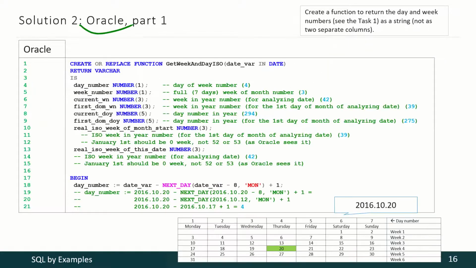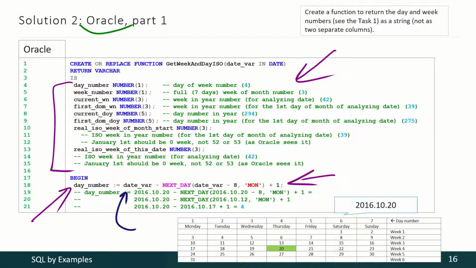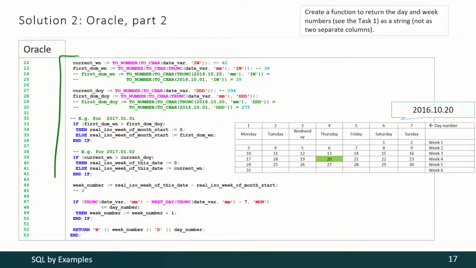For Oracle, the general idea is the same. Once again, you may see details about these variables declaration in the comments. Then the calculations begin. And first we have to detect the real number of the day of week. In Oracle, we have to use such sophisticated syntax, but in the end, the Monday will be the first day of week, the Tuesday will be the second day of week, and so on. Then we have to perform the same operation we did with Microsoft SQL Server. We have to convert Oracle week numbers into ISO week numbers.